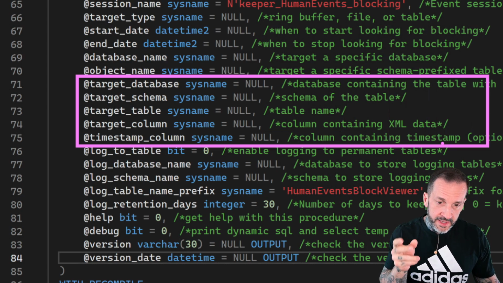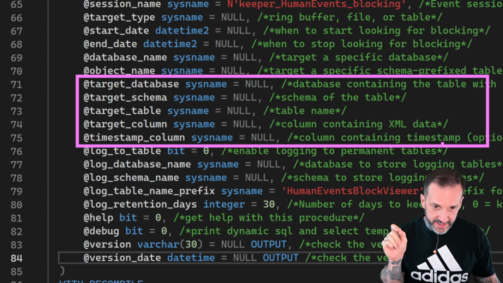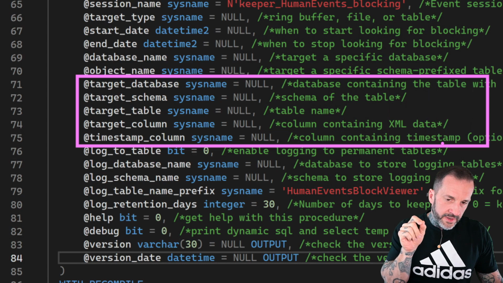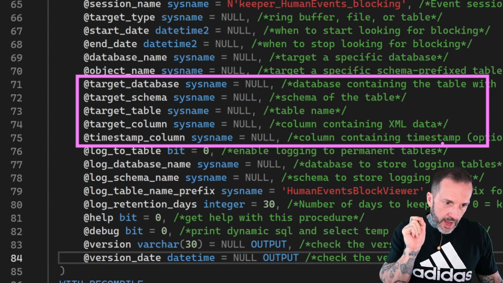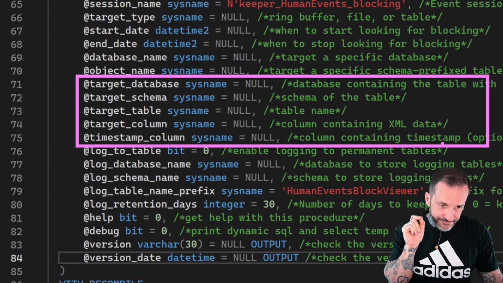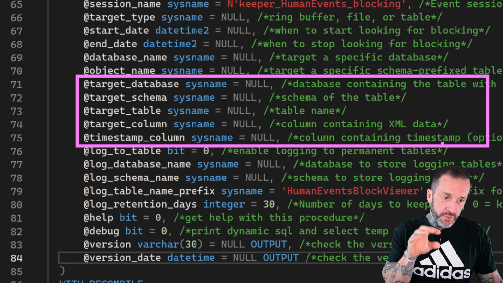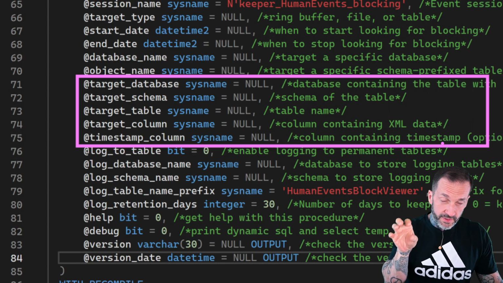So target database, schema, table, the target column that has the XML data in it. And then there's an optional one called timestamp column. If the column you put the XML into has an insert date, and you want to filter on that